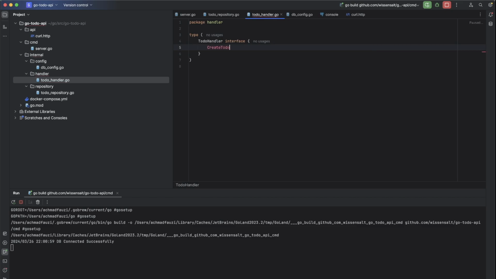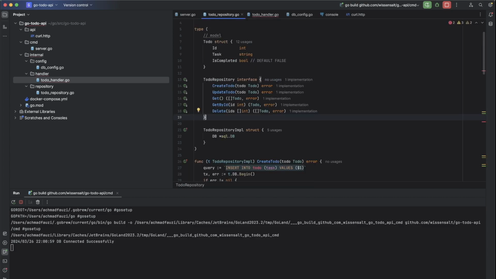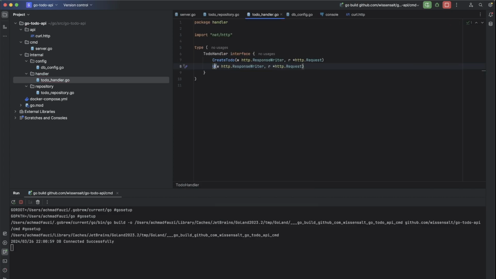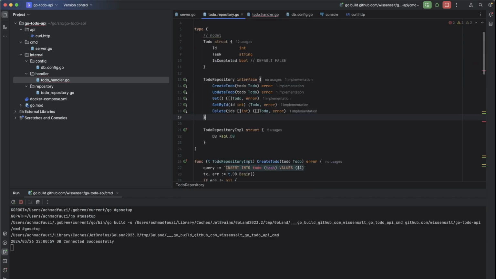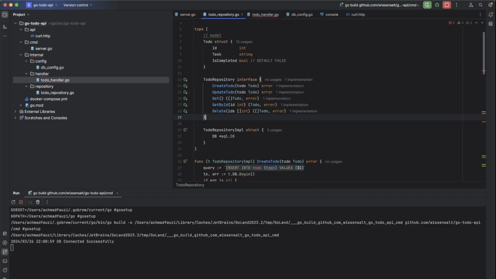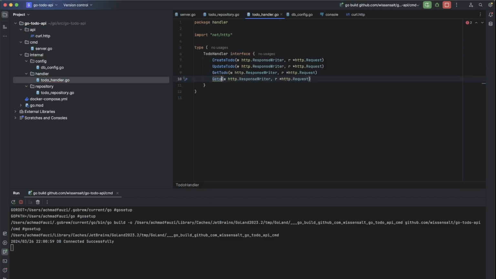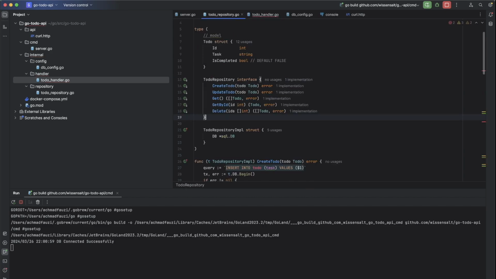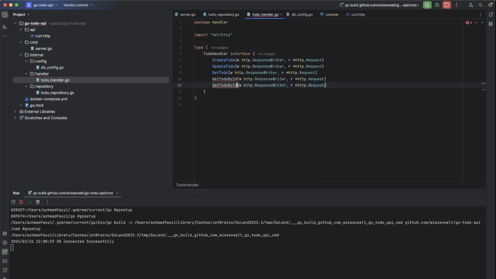Create to do. It will receive the http dot response writer and pointer of http dot request. Create to do and then update to do, then get all to do, and then get by id, get to do by id, and then delete to do by id.